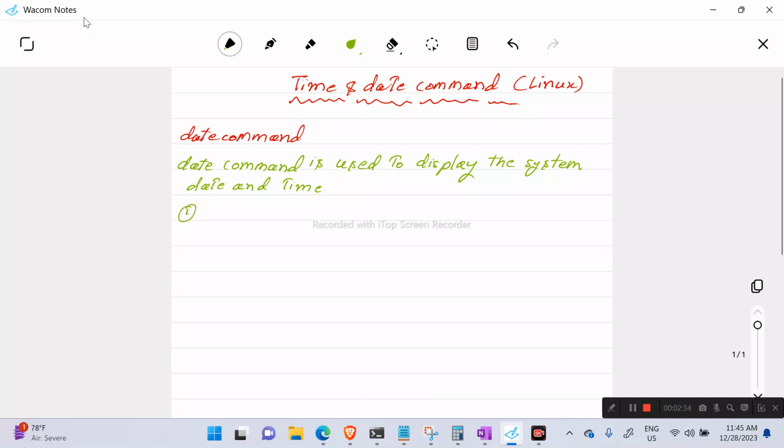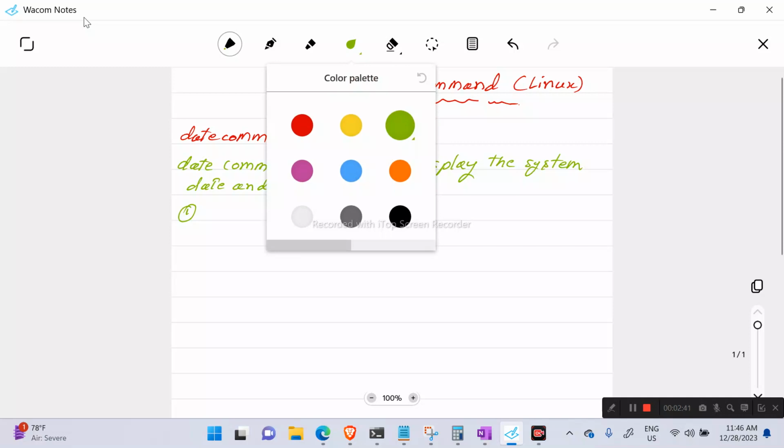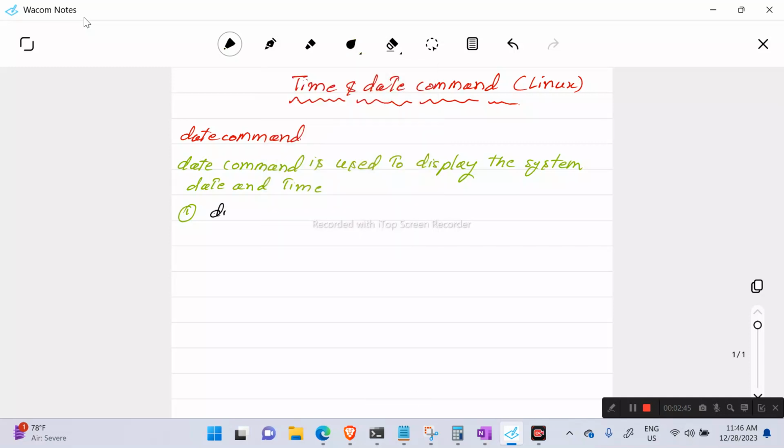So first would be displaying the current date and time. Okay. The basic syntax of the Linux command would be